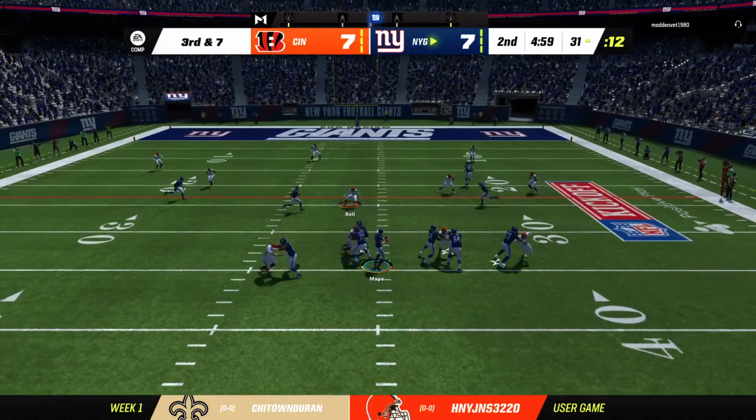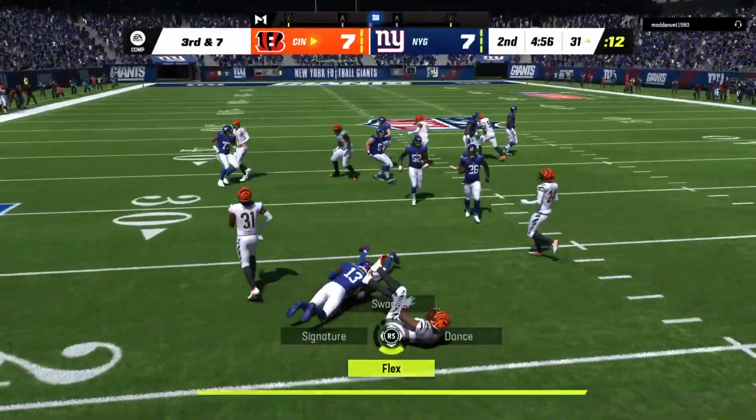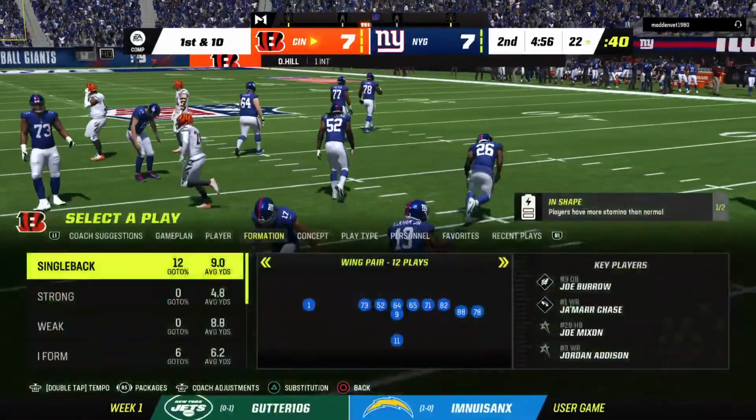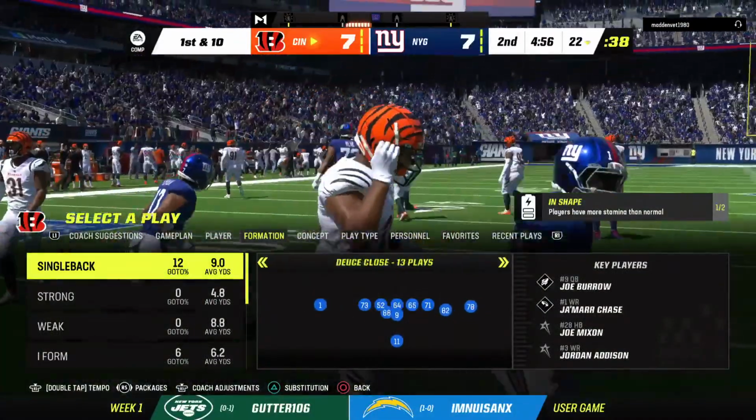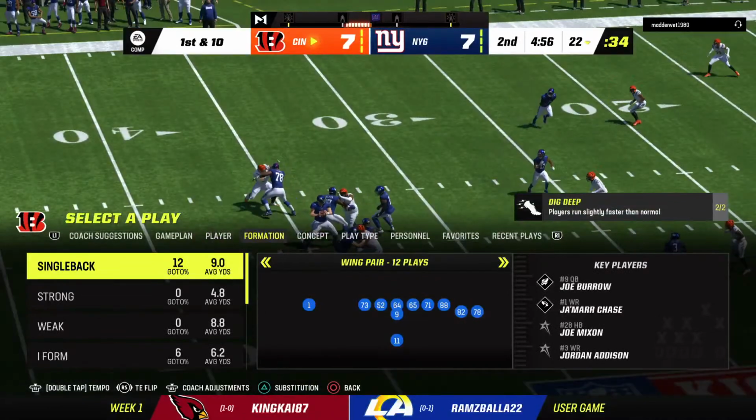They're going to look to throw. Into heavy traffic, and it's intercepted. Daxton Hill picks it off, and the Bengals are going to take over here at their own 22-yard line. When the rookie QB gets...